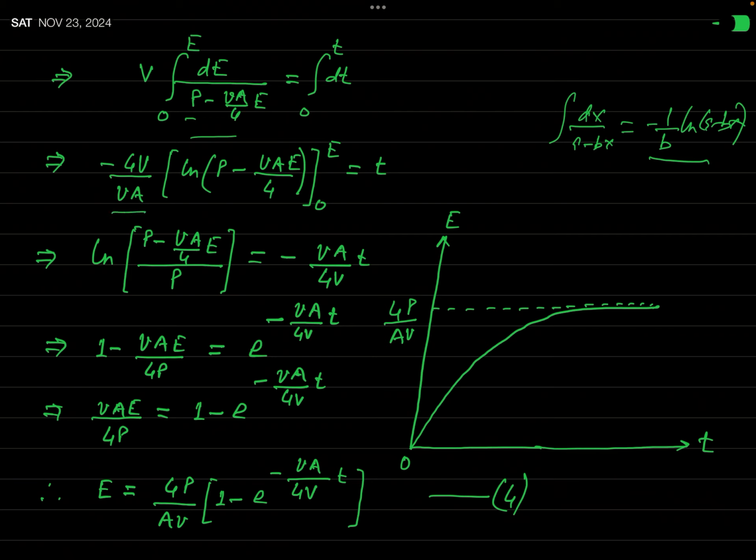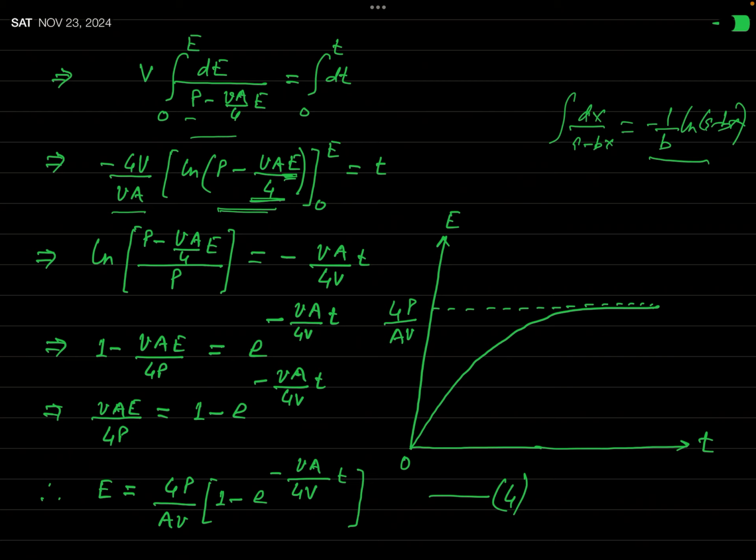Here capital V is volume and small v is the velocity of sound. And log of (P minus VAE divided by 4), and limits are 0 to E. Now, when you put the upper limit, this factor will remain the same. And when you take the lower limit 0, the second term will become 0 and that will be simply